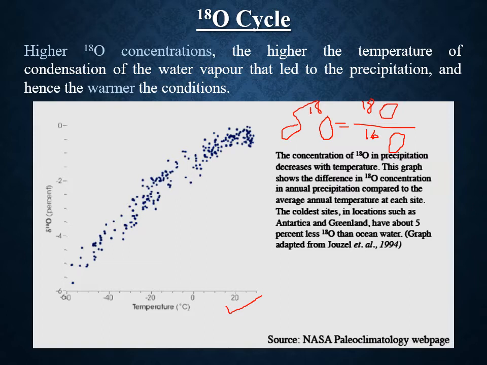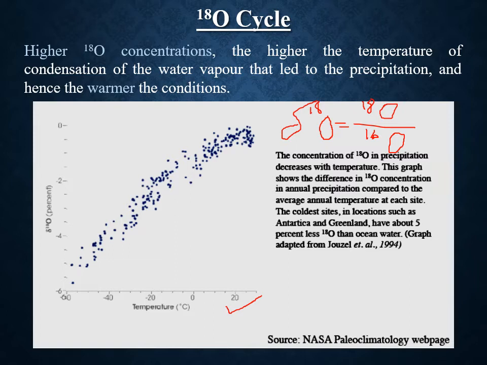So you have to consider two times, one time when it is warmer, another time when it is cooler, and the energy available for evaporation during these two times. Say for example, if you consider the present day time, it has a certain amount of evaporation rate, and with respect to that a certain amount of 18O goes to water vapor and precipitation occurs in the polar regions.